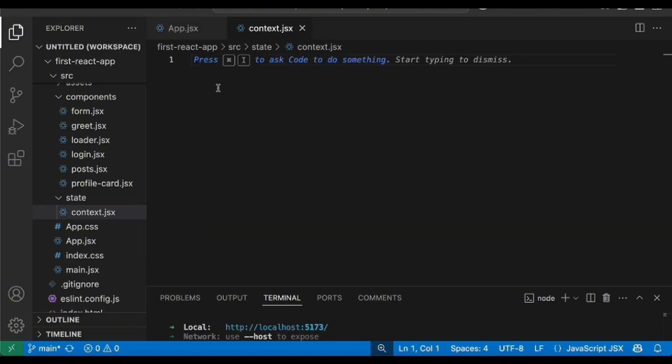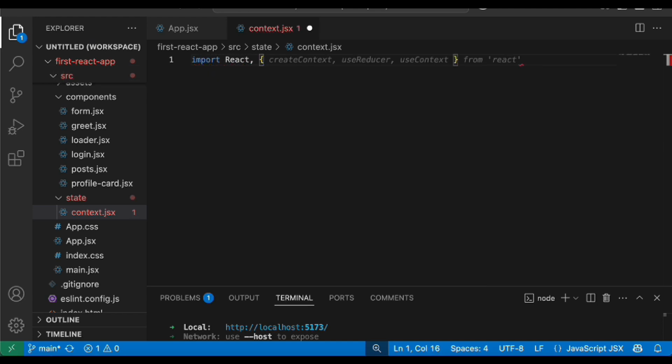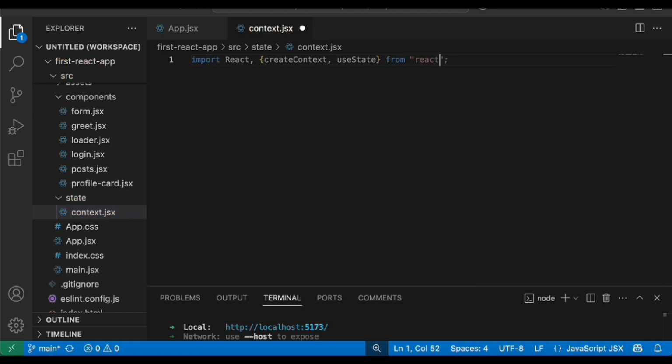So in our context.jsx, I'm going to import React. I'm also going to import createContext, and I'm also going to import useState, all from React. Right? If I do this, the next thing we're going to do